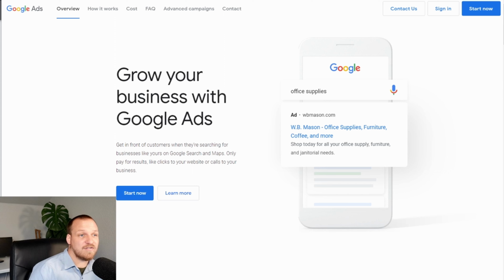organically find your website. Now, this is mainly geared towards professional services like real estate agencies, doctors' offices, law firms, architectural firms, accounting firms, but the process is going to be pretty similar no matter what industry you're in, so you can follow along. There are a few different tools that you can use to find the most relevant and